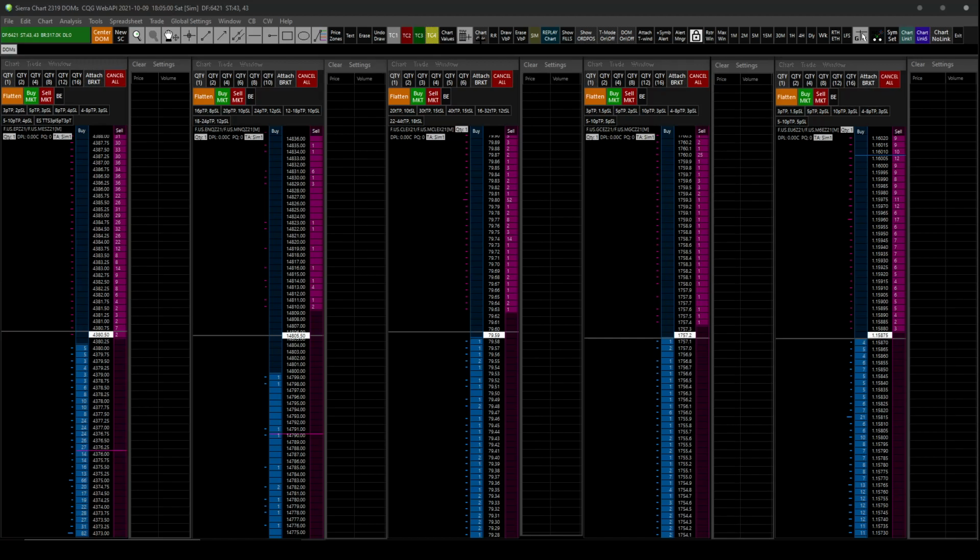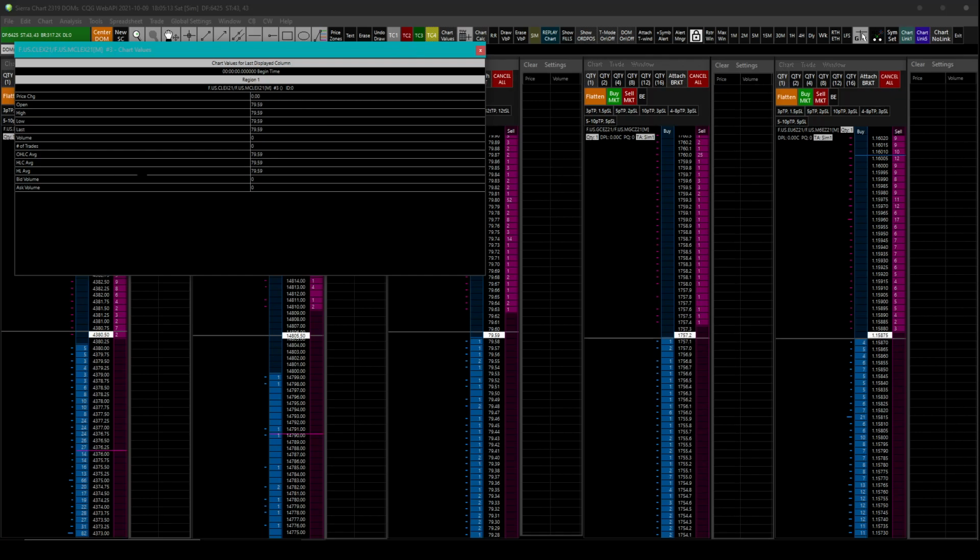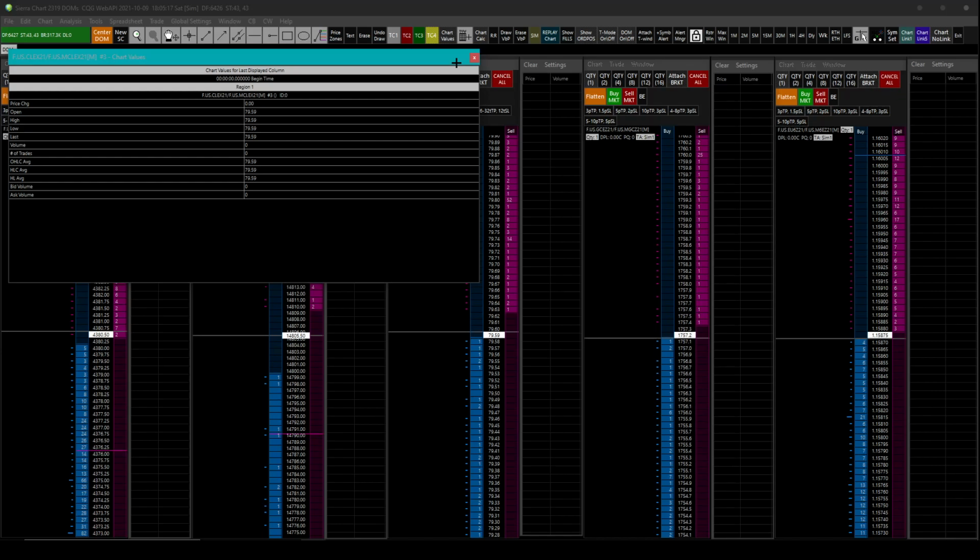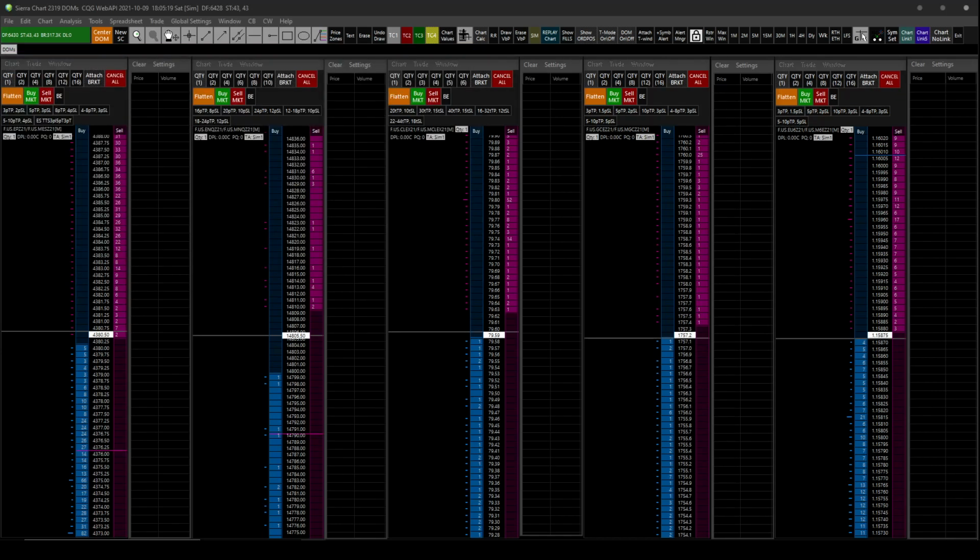And now this here is the tool values window, and essentially if you hover over a candle or a chart, it's going to give you the values for that. So this will give you all the chart values, right? You see that? And you can decide what you want to put into this. So anyway, there's your chart values, and then you want to be able to add tool configuration,